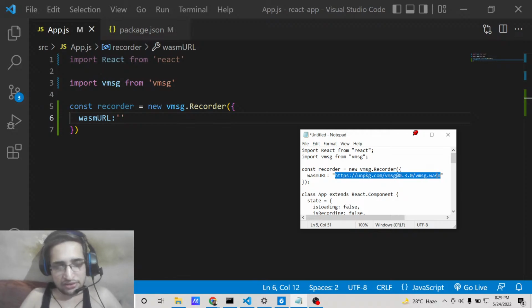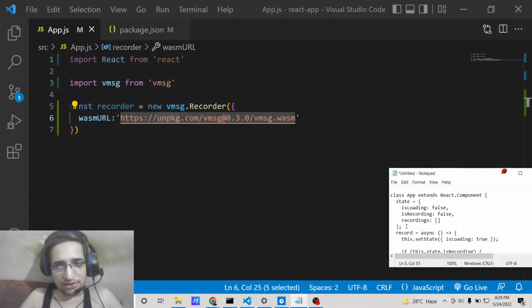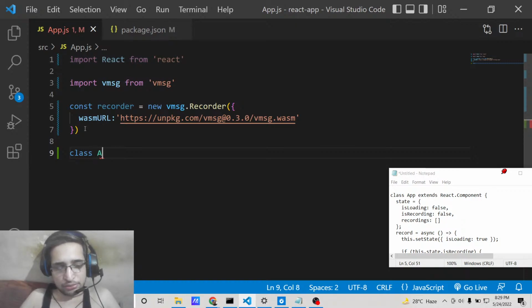This is a CDN, so you can go to the video description link. I have written all the source code. This is a CDN which is hosted on unpkg.com. So we are providing the address. That's it. And now we will write the class level component, which is class App extends